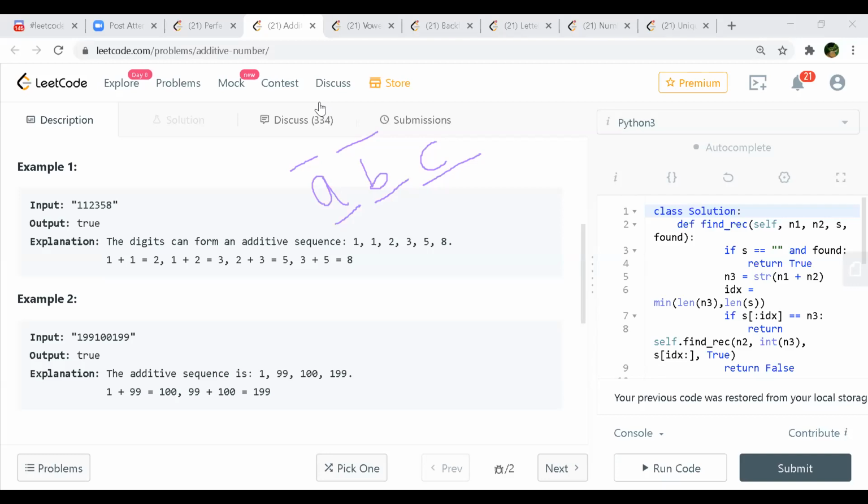If you're coming from backward, then suppose c is of x digits, c is 1, 2, 3, then I can definitely say that the backward numbers will be equal to 3 digits or 2 digits. Yeah, but even then, right?